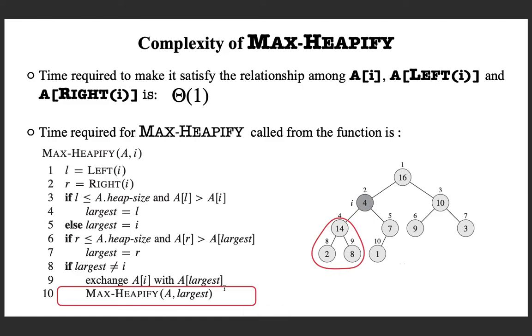So this is what you do. In this particular example, you started over here, and after rearranging these two, you have to call max heapify on this subtree. And you note that the number of exchanges that you need depends on the height of that particular subtree, which is not always the maximum height. Every time you are moving down, so the size gets reduced.